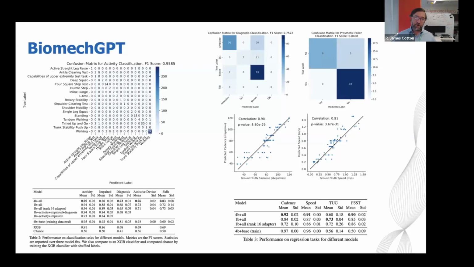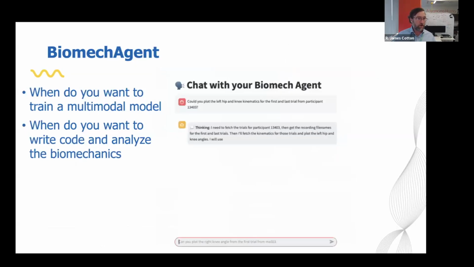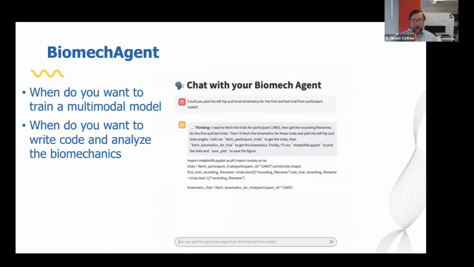And I think we struggle with this a little bit, because you take these raw biomechanics, which have a lot of details in them, and then you create this new representation and this new language, and you teach a language model to work with it. When is that the right thing to do and when is it not? And I think one of the other things you might want to do is actually write code. And so this is another system we've been playing around with, where we actually train a language model to